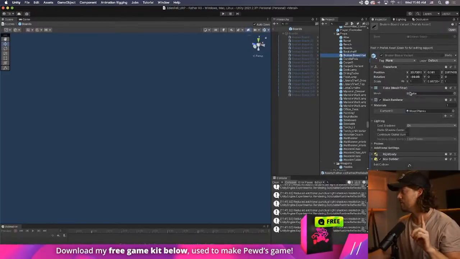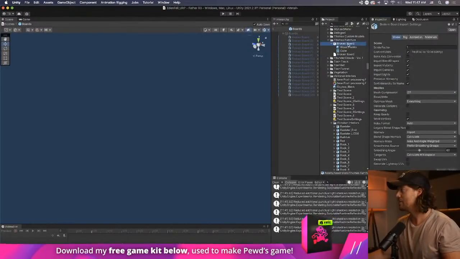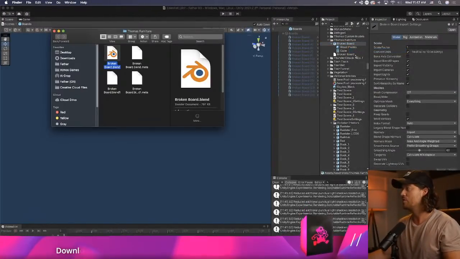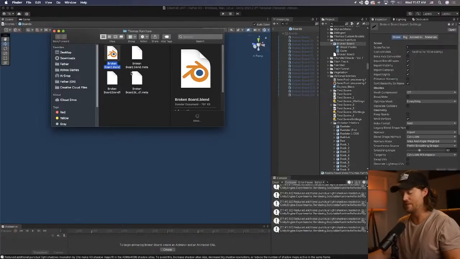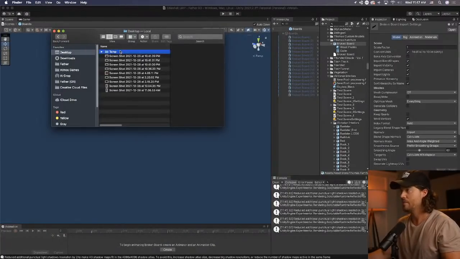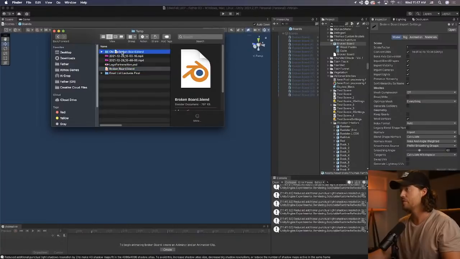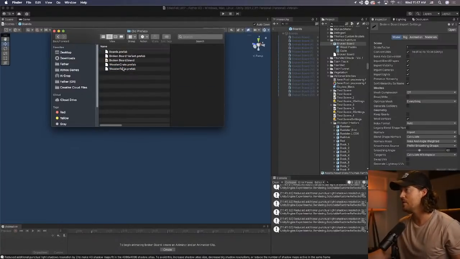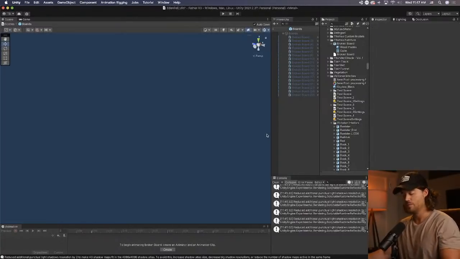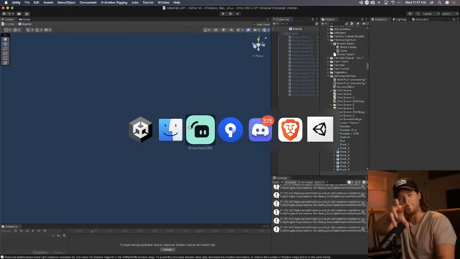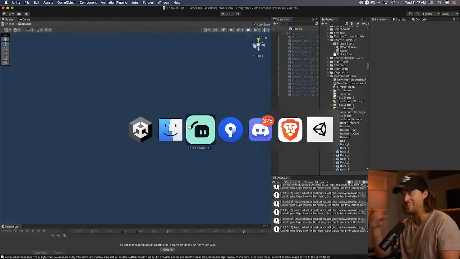There is a broken board. Yes. Mesh. There it is. I'm going to copy that as well. So this is the board we need. For some reason that was removed. So I'm going to take that, put it into our old prefabs. Okay, now that that's all sort of taken from our time capsule, placed onto our desktop,